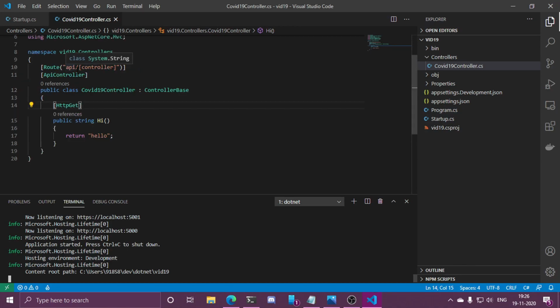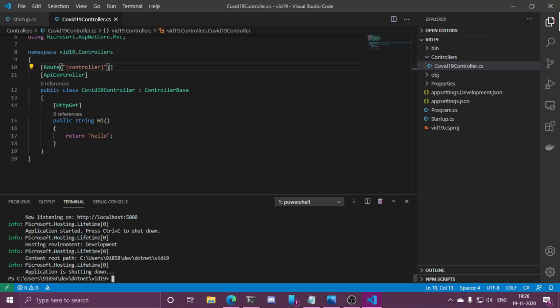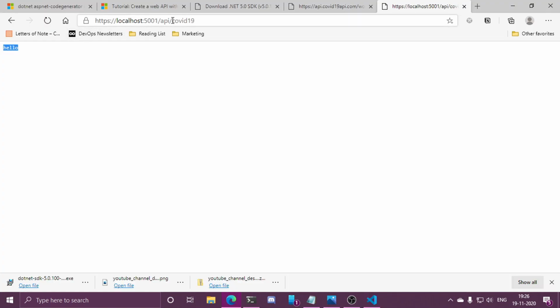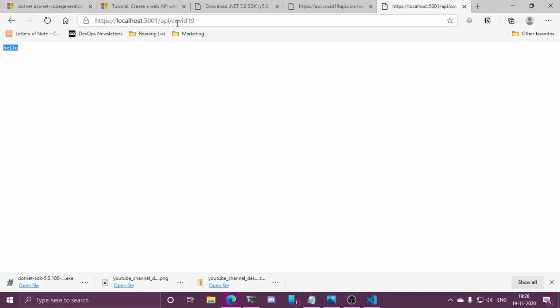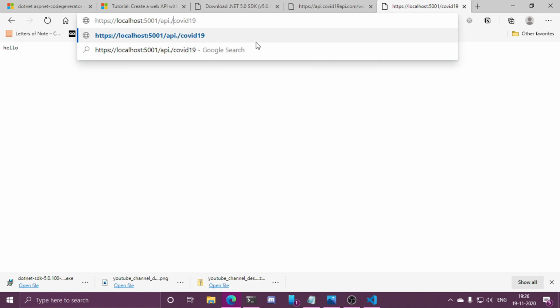So this is how it can work. If I am going to remove this API from here and there is this controller thing, simply I will be able to reach this controller and this particular method using only the COVID-19 stuff. Now it won't be visible on the API stuff.